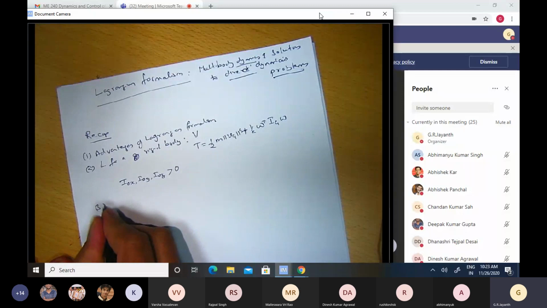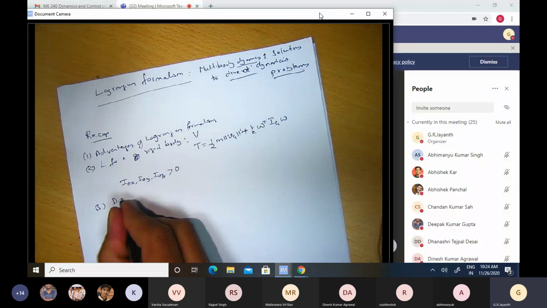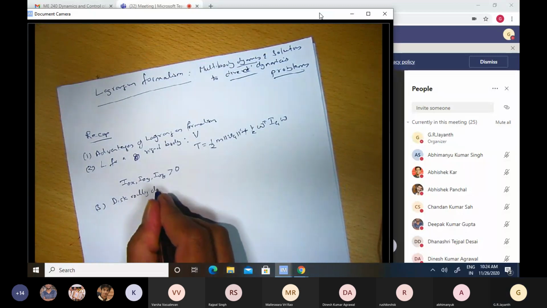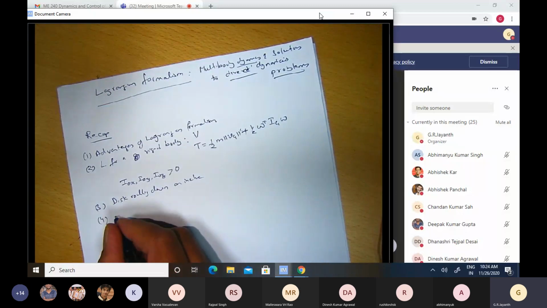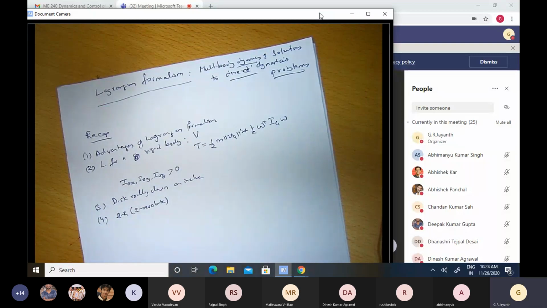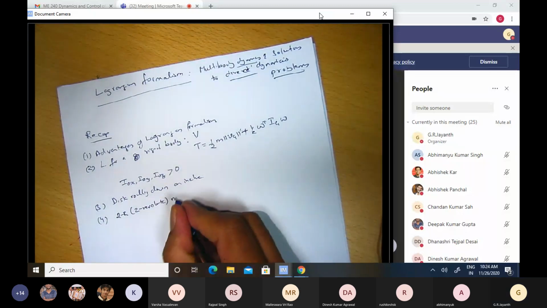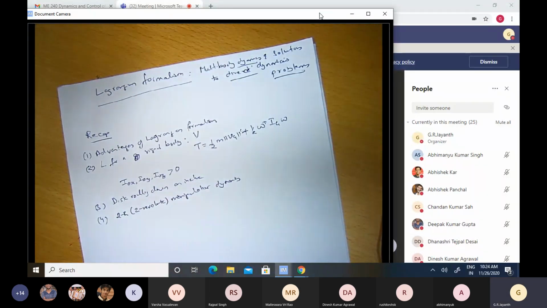Then we applied the Lagrangian formalism to solve a few problems in rigid body dynamics. To start with, we picked a single rigid body, namely a disk rolling down an incline. And then we extended that to a multi-body system. So we took two rigid bodies, 2R as it is called, or 2 revolute. The robotic manipulator that we considered had 2 revolute joints with torques acting at each of those joints. So 2R manipulator dynamics was obtained by us, right?